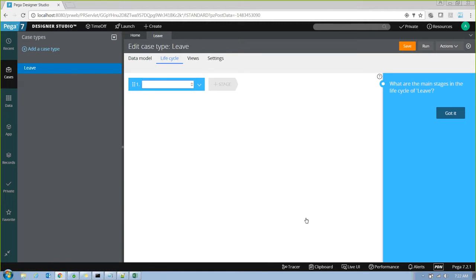Okay. So this is something new that we had in Pega 7. So in Pega 7, instead of just building the flows, first we build the stages, and every stage will have a couple of or the number of flows under it. Like stage is nothing but a business process.